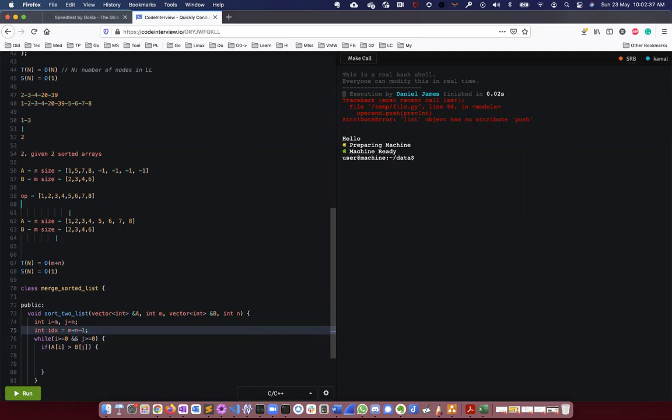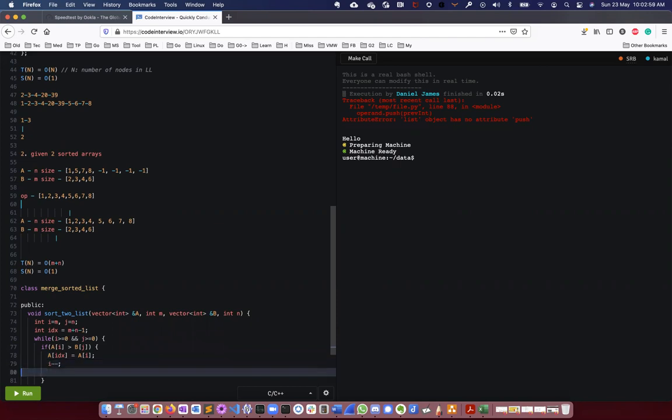So this is the insertion point, where I insert the elements.